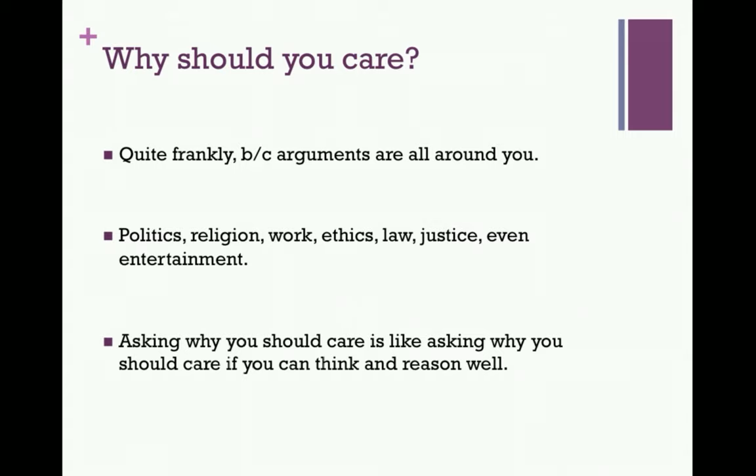So if you're asking, well, why should I care about this? Then you're basically asking, well, why should I care about how to think well? Why should I care about how to reason well? Why should I care about how to be a critical reader when other people are trying to convince me of something? And I think the questions kind of answer themselves, because